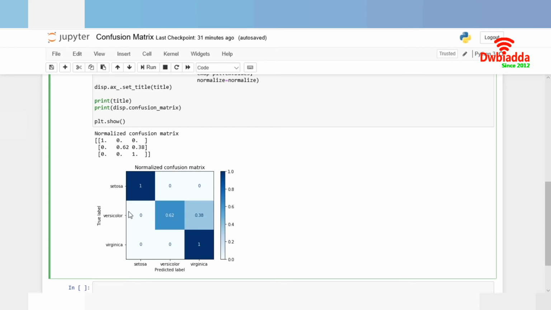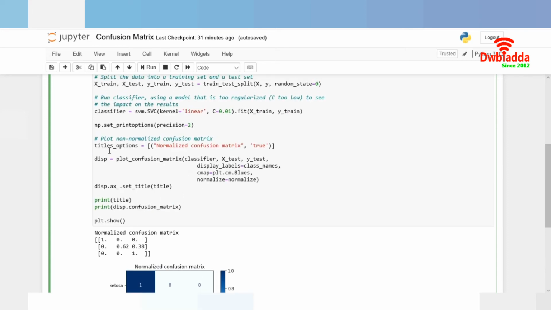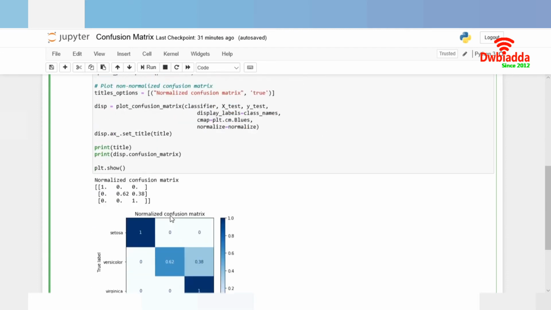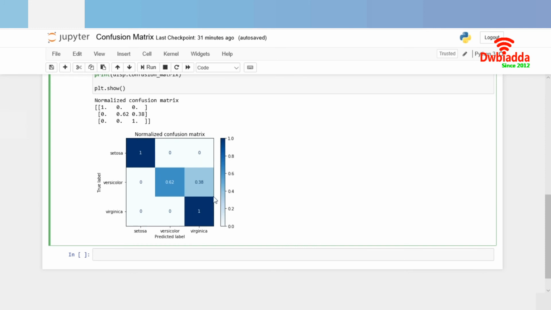So you can print your labels on the confusion matrix simply using the title options, right? And then passing the parameters. This is display labels. I am passing the class names, so it displays the labels by passing the class names. What are the class names which we have considered here to check how many target variables we have? This is this one. So using this parameter, you can print the labels on the confusion matrix, and you can see it is printed in a very good form.